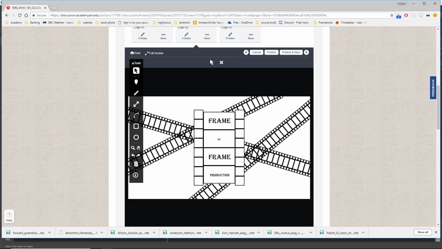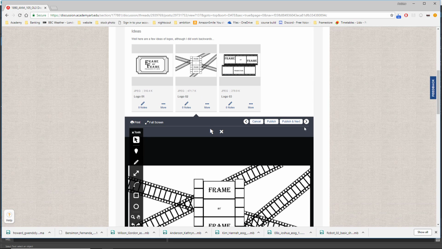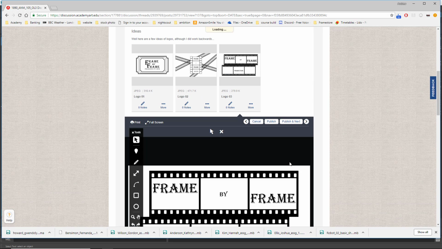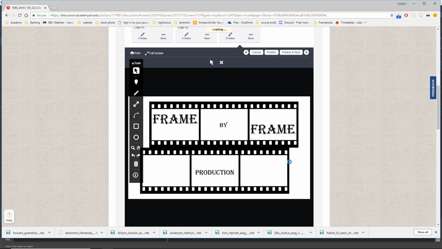Yeah, I can see some real potential for these kind of film strips moving across the screen in different directions. So I think that could be interesting for some animation. Again, interesting design element with the frames of film, but I'm not sure. Yeah, I don't really necessarily see where the animation could come into this, although I'm sure you could come up